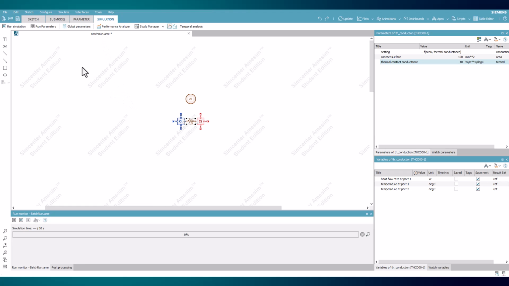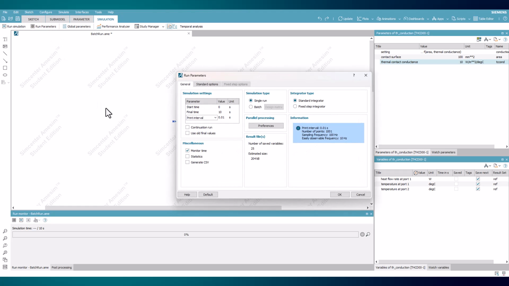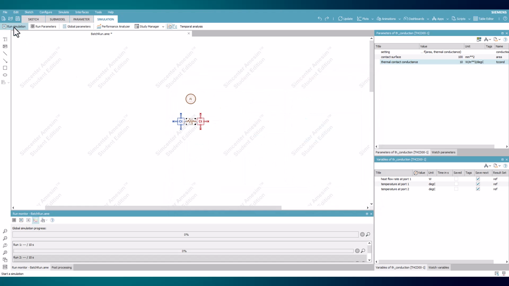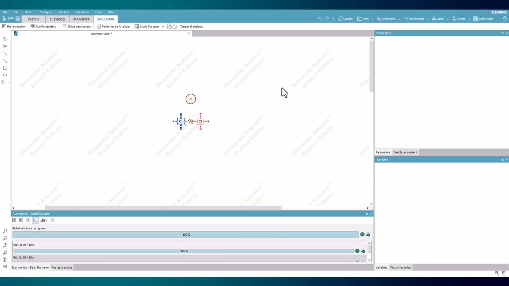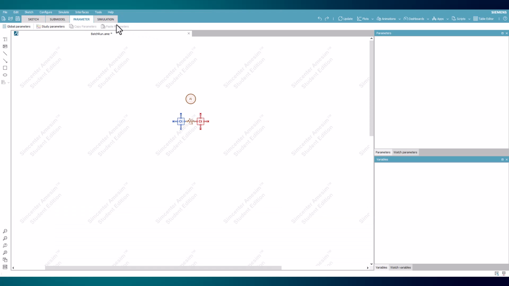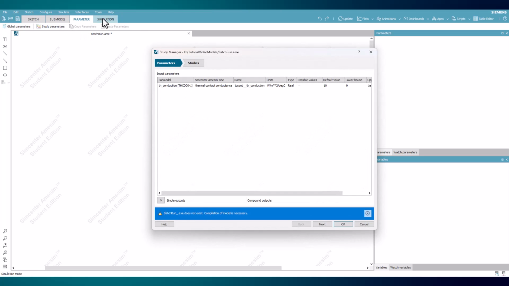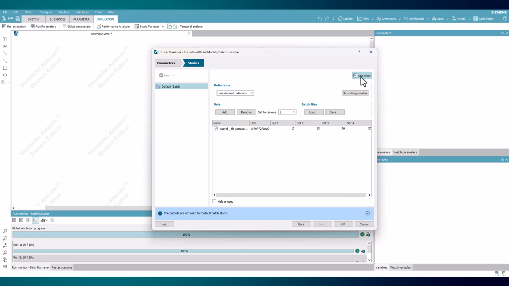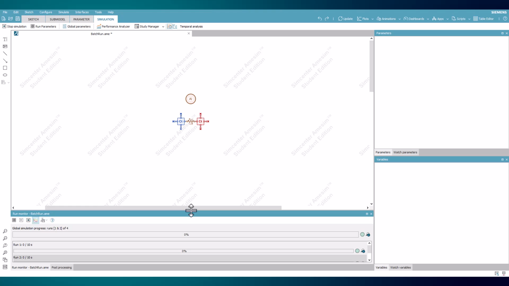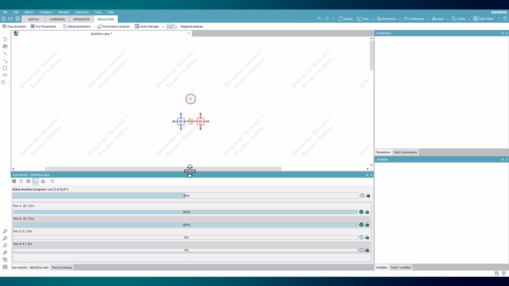After compiling, open Run Parameters. In order to perform the batch runs, the options for a batch under Simulation Type must be checked, and then pressing Run Simulation is applicable. Alternatively, with the window kept open in parameter mode, move to simulation mode, or open the window within simulation mode and press Run on the Studies tab to the top right. This will automatically change the simulation type to a batch run.